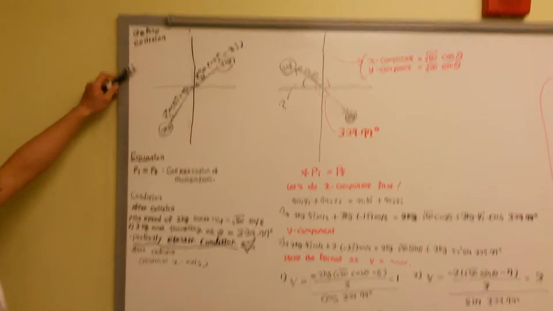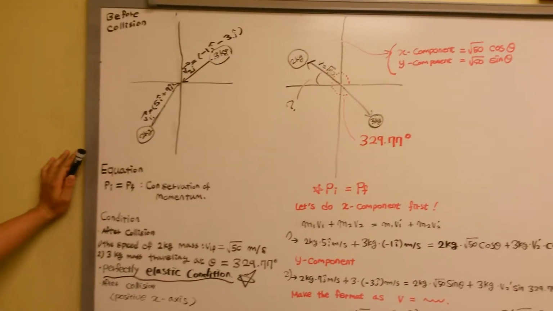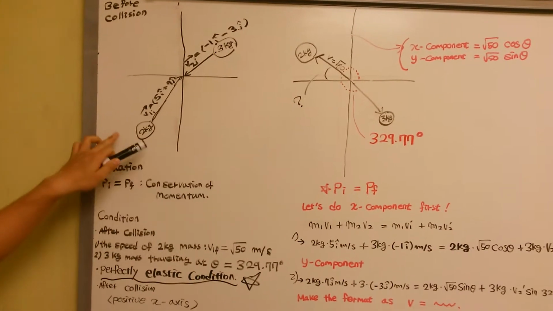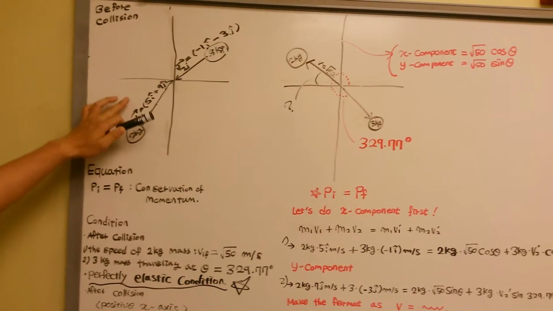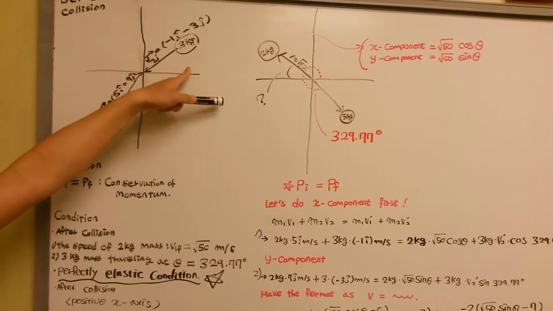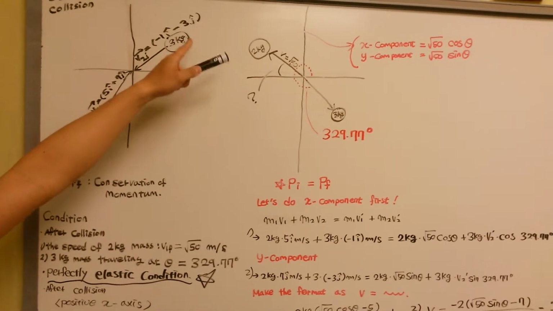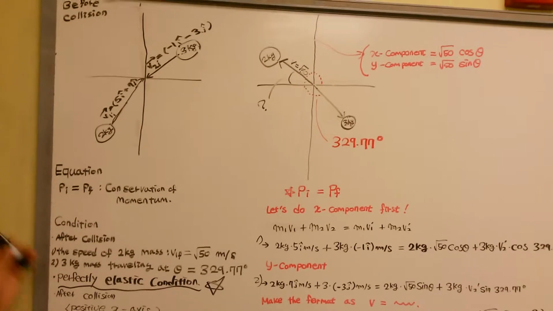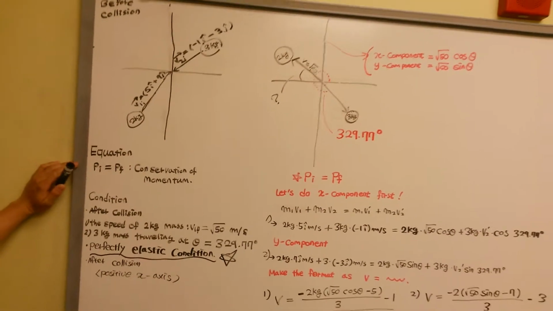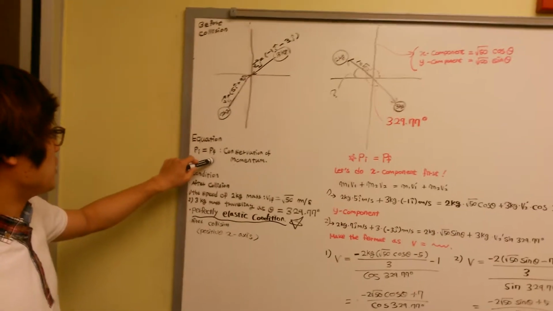So there is the diagram for before collision. Basically, we have the 2 kilogram and 3 kilogram balls. The 2 kilogram has the velocity 5I plus 7J, and the 3 kilogram mass has the velocity negative 1I and negative 3J. So the equation we have to know is initial momentum equals final momentum,